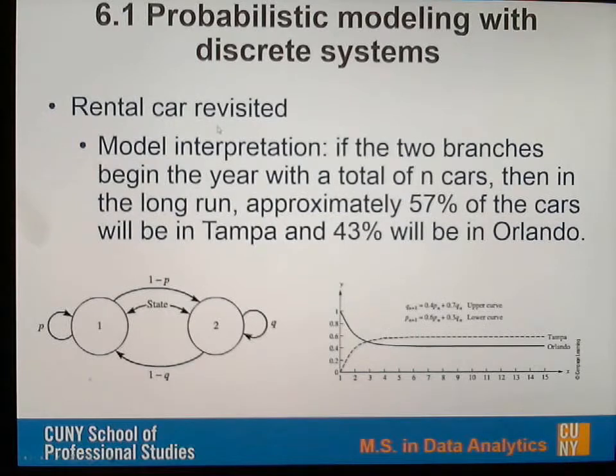So for the rental car model, it could essentially be in two states, either 1 or 2, and there's some transition probability: from 1 to 2, 1 minus p, from 2 to 1, 1 minus q, from 2 to 2, q, and from 1 to 1, p. And then in the long run, approximately 57% of the cars will be in Tampa and 43% will be in Orlando,